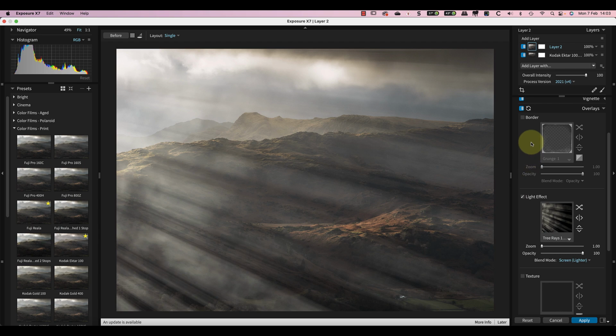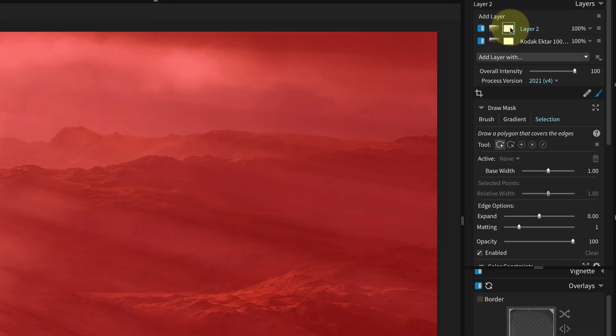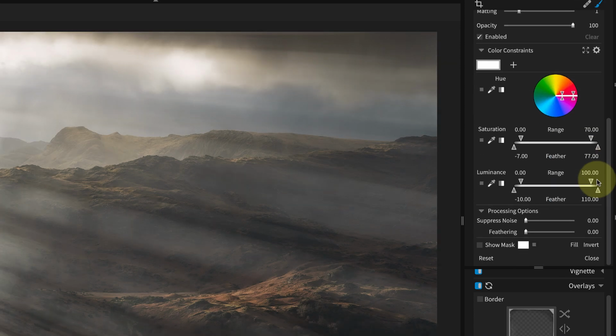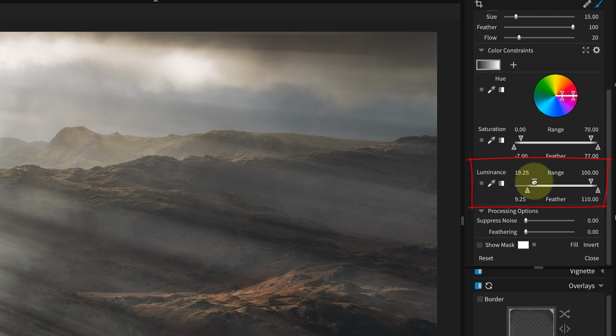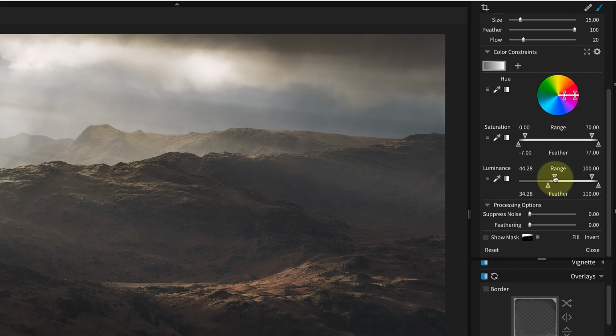The way I can address that is using the masking options. If I click the masking options and go to selections, I can now scroll down and I've got a luminance range selection, and I can use that to limit where those bright areas appear.